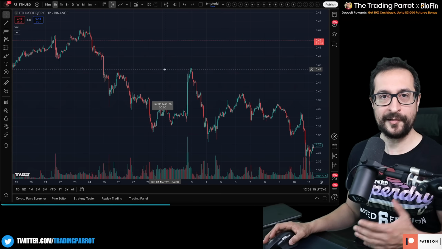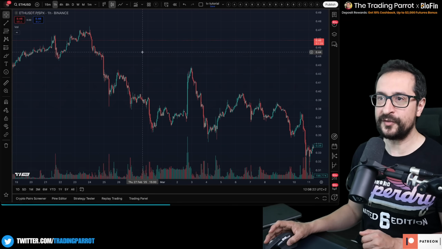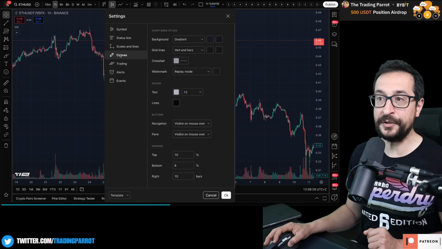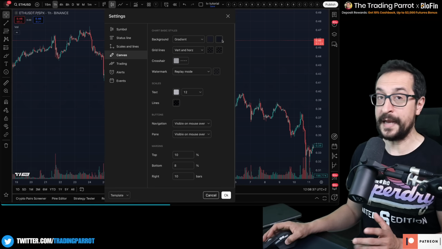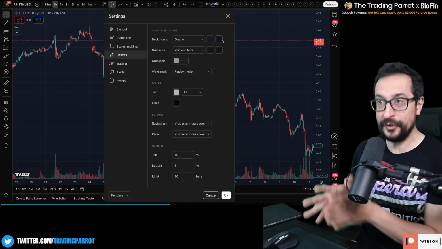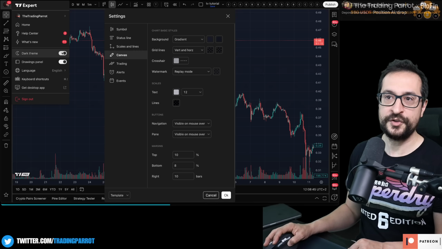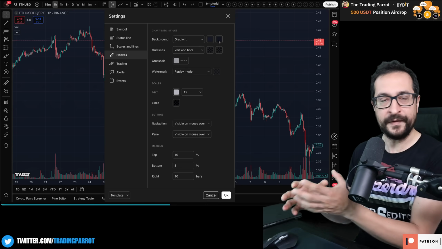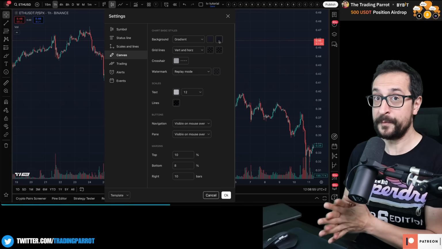I don't know if you can see it in the video. It depends how crappy your phone or your TV is, but if you right click somewhere in the chart where there isn't anything and hit settings and then go to canvas, you have all the settings in here for your preference. And again, if you want dark mode, don't do it from here. There is a very quick shortcut to get dark mode, instead of having to select each individual color of everything and changing it manually,